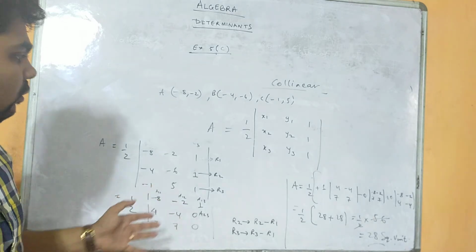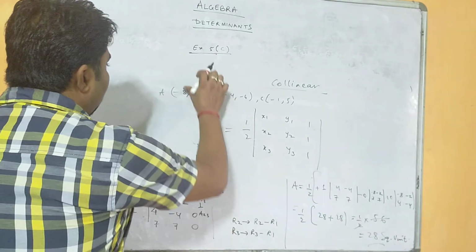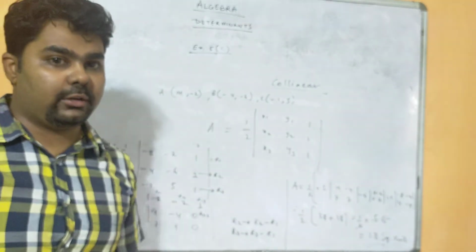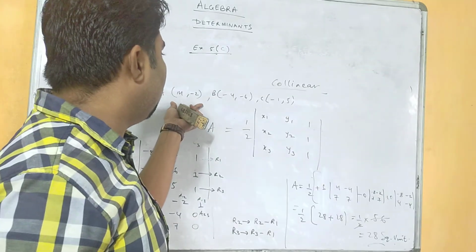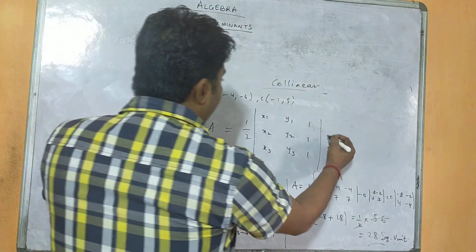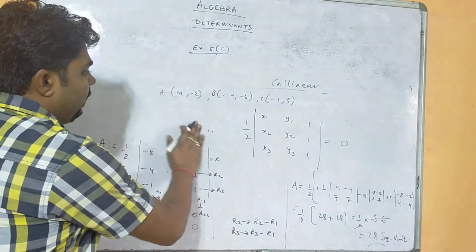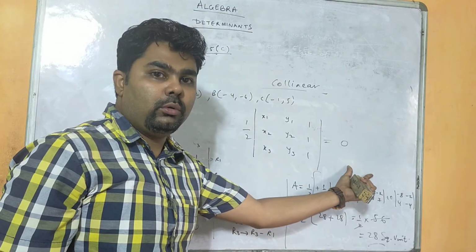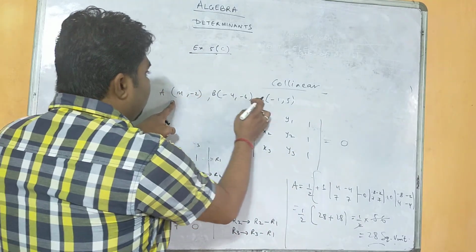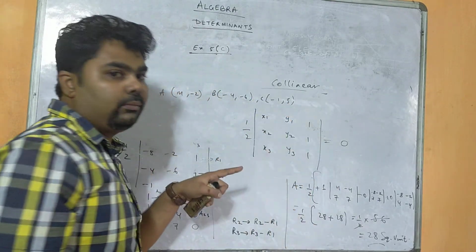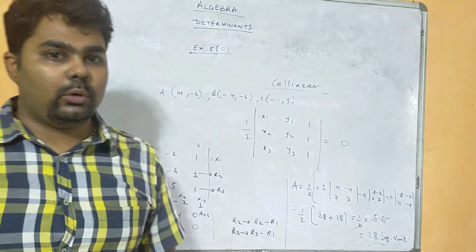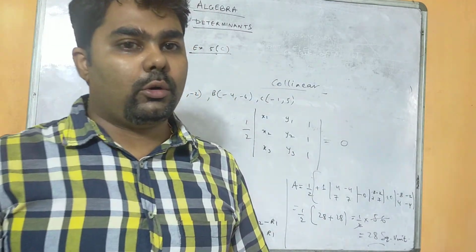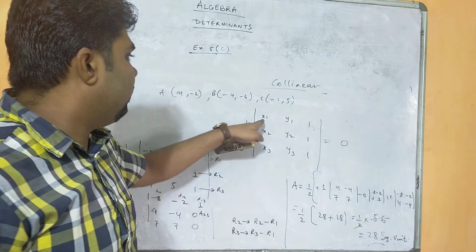You can get a question like this also. Suppose this is N. Find the unknown value of N if the points are collinear. So what we will do, we will use the same formula and make it equal to 0. First assumption, the area will be 0, because for collinear points, just now I said that it has to be 0. So 0 by 1 by 2, you will get 0. Then after that you will substitute this value here, and you will find the unknown value of N. First find the value of this determinant, and like in the previous question where we solved the 3 cross 3 determinant, in the same way you will find the value of N.